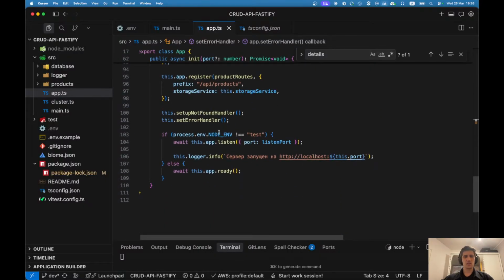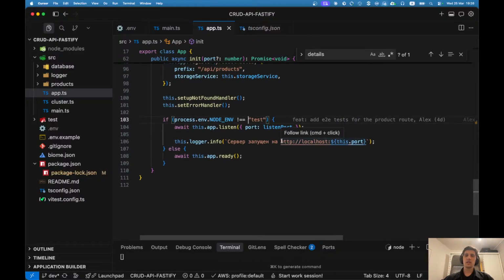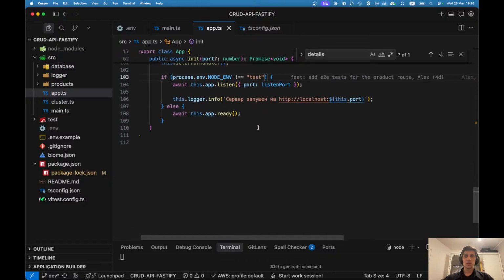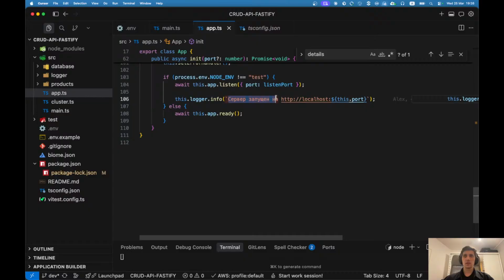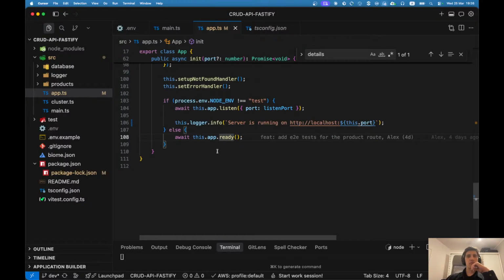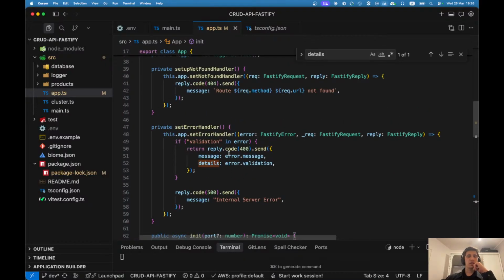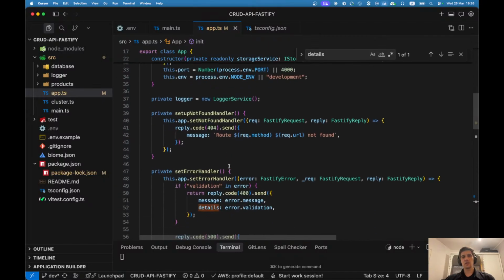let's move next. So let's check how we use this. Okay, if this is not test environment, then we run our application on certain port. Otherwise, okay, server is running on. Let's do it this way. Otherwise, we just prepare our app for tests. Okay, good. So main magic happens when we assign